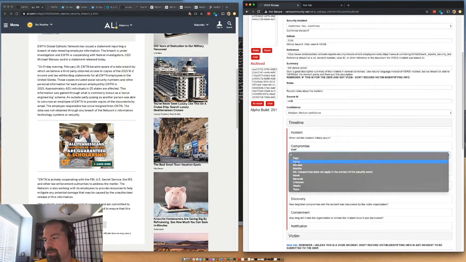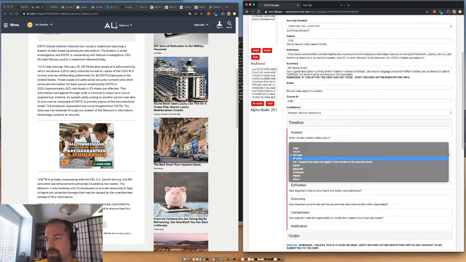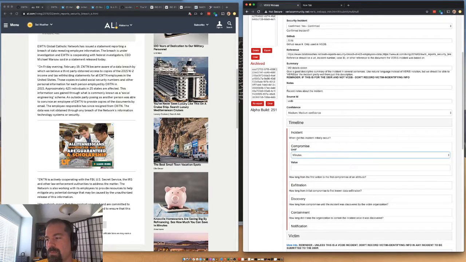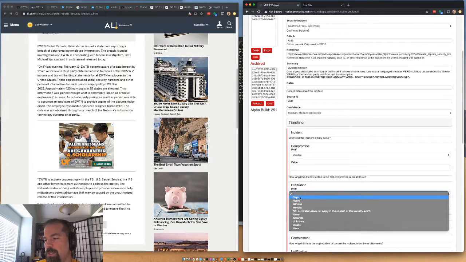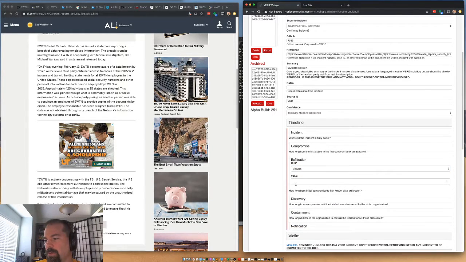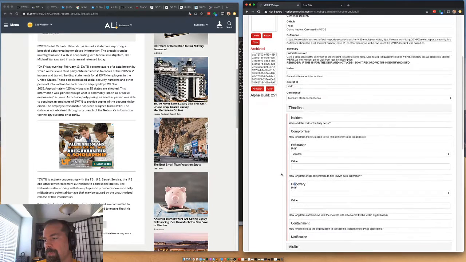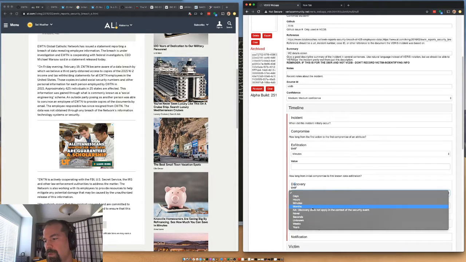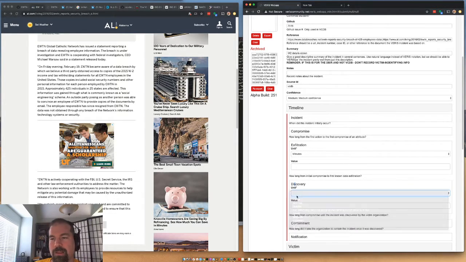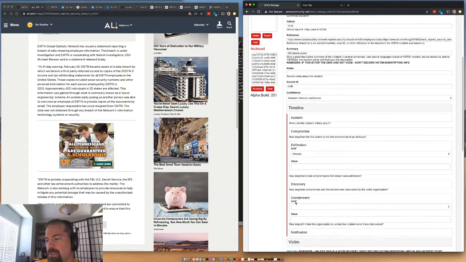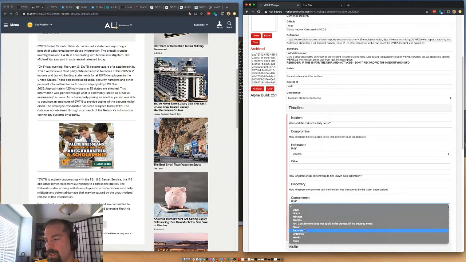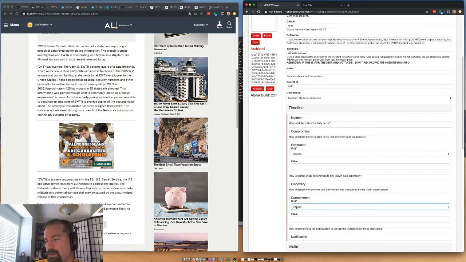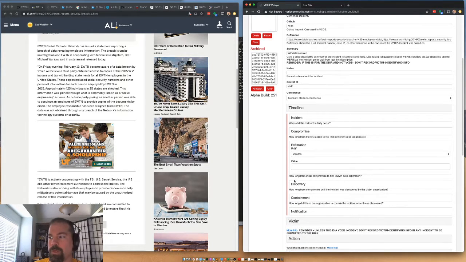Compromise probably took hours, because these are likely, well, we'll say minutes, because it's the email, exfiltration, minutes and hours. Discovery probably took, gosh, I mean, it's hard to say. It maybe weeks, but probably days. Containment, I mean, it's contained as soon as they did it. It wasn't like they were losing more tax information.